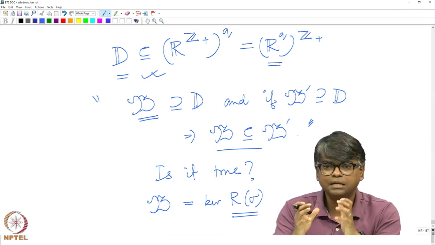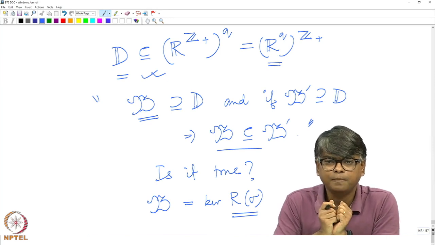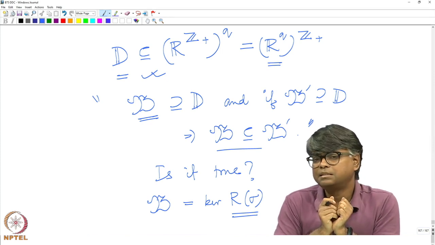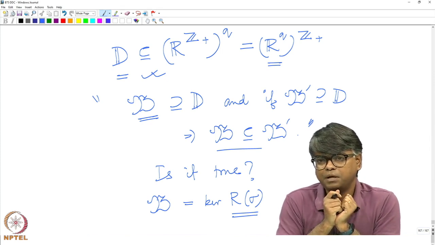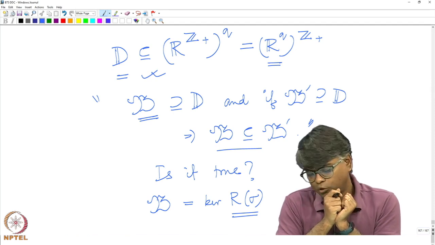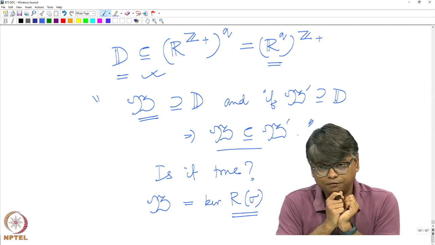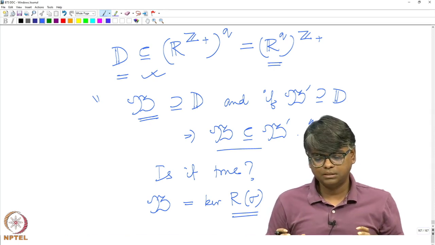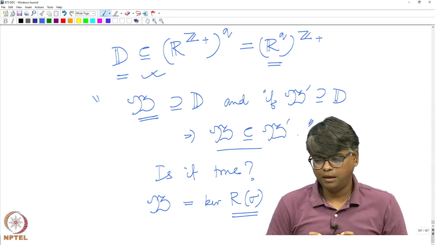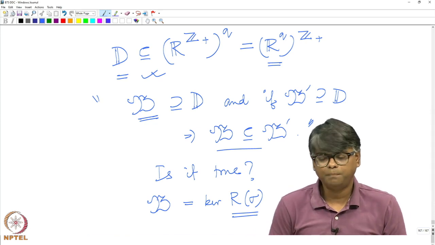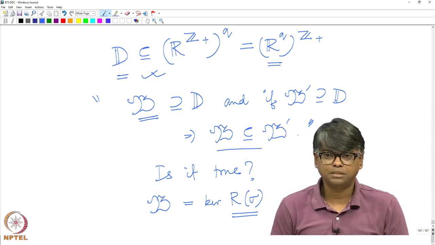That means the data satisfies these difference equations, and if there is any other system of difference equations that also makes these trajectories satisfy, then those systems of equations generate a smaller module compared to the system of equations that we have seen,